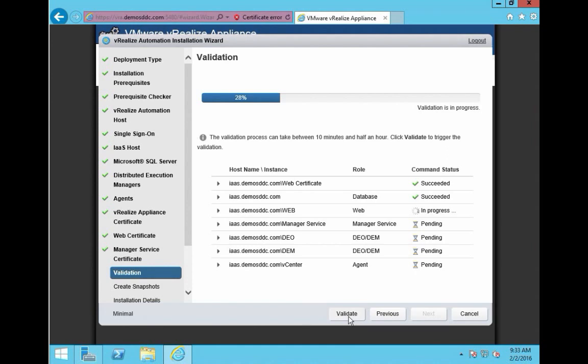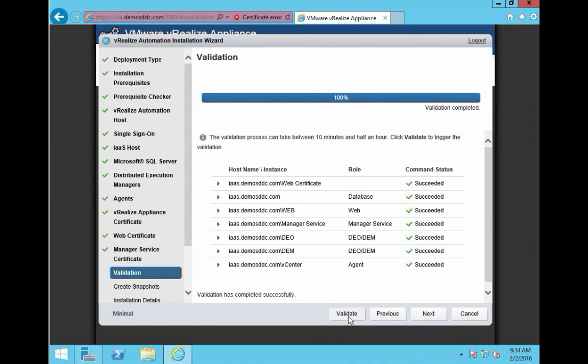You typically put all on the same box, so you should almost in most cases see similar results, and ideally if everything is set up correctly like we did before, you should be good to go and all of them should be successful, and then we can just hit the next button, which is going to lead us to a very, very important next step,